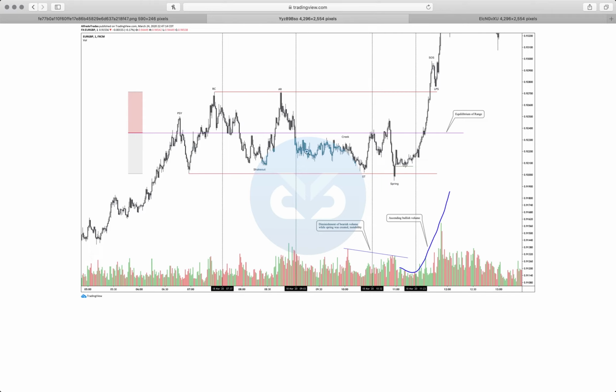So here's the cool thing. The volume is now diminishing. Seller volume is diminishing, but price is continuing lower. Once again, instability is shown. And then after that, we get the reaction from the spring, the reaction from the open of the SC. And post that, that's when you see that buy volume really start to come in. And as you can see, it's